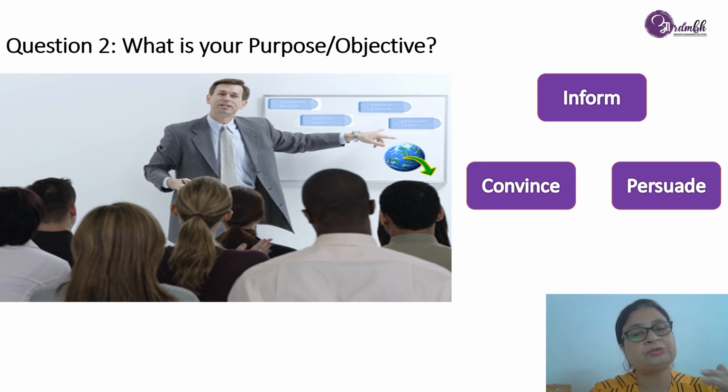There could be a presentation with all the three purposes built into it. But remember, in case you're making a long presentation with all the three purposes or objectives weaved into it, then ensure that you're compartmentalizing your presentation into three different boxes. One is for information, one is for connection, one is for persuasion. Don't mix them. You might be giving one presentation, but essentially at the back, what you're doing is creating three different presentations which are weaved into one presentation as far as the audience is concerned.